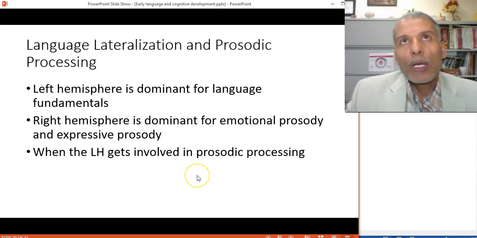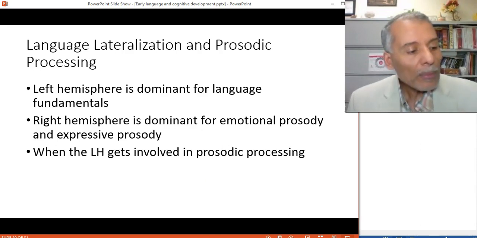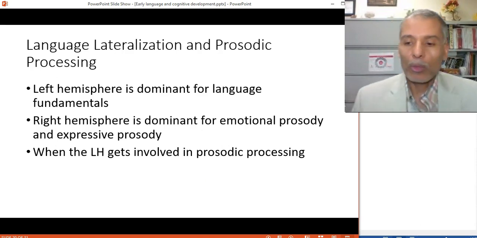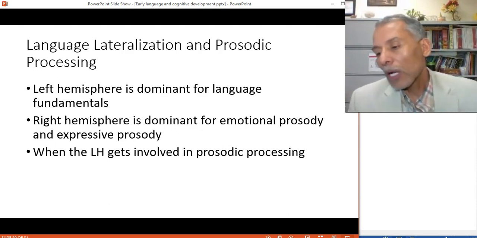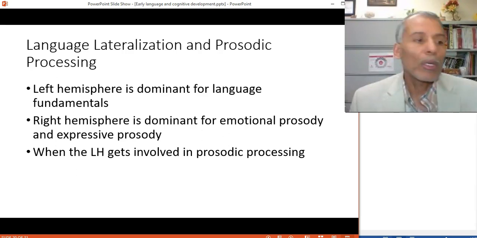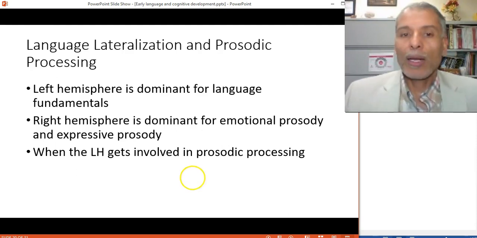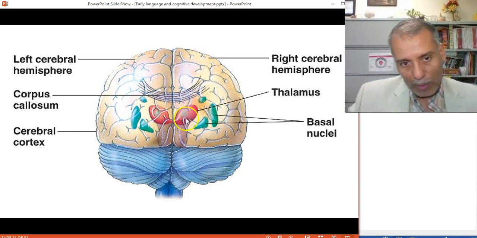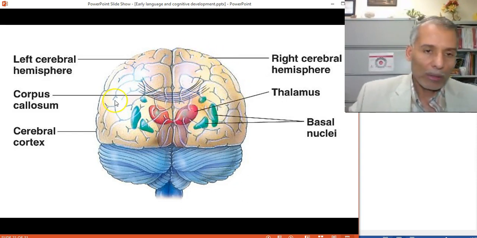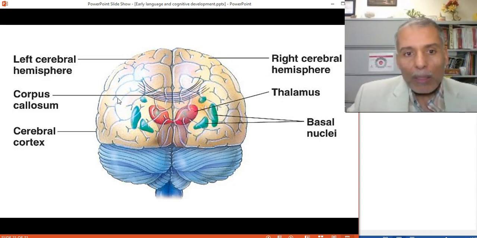In terms of language lateralization, there was a period of time where people were evaluated by commercial things, like you are a left brain person or a right brain person. These things are nonsense. Now we know they are nonsense, and they were hyped and commercialized. So again, that is an obsolete idea.